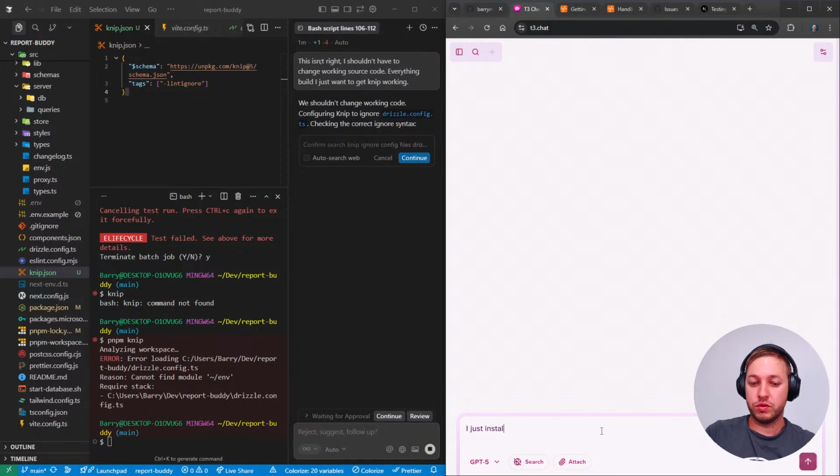I just installed Knip on my project. T3 Chat. Dude, I use T3 Chat because it's cheaper. Not because I'm fancy. It's just cheap, it's $8 a month. Like, yeah, I talked up my project, but